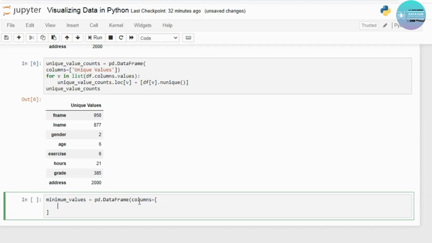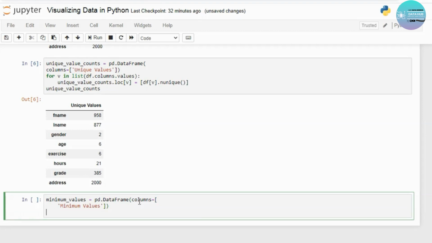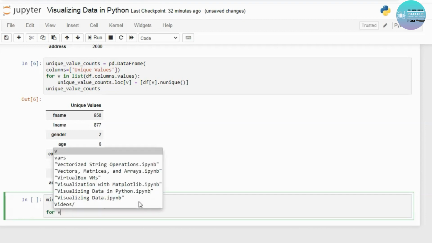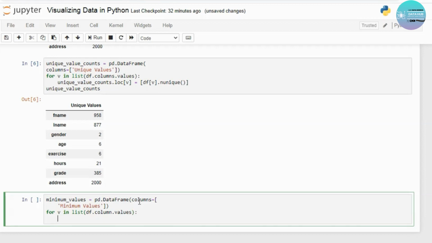we have minimum values here. Values. We'll put the square bracket first, then we'll put the bracket. Now for v in list, we have df.columns.values. Now minimum values